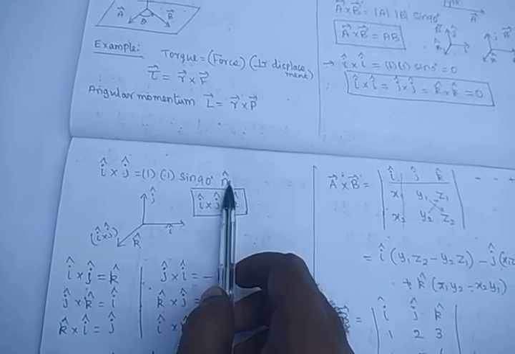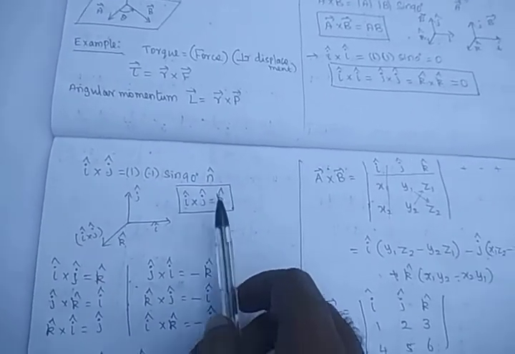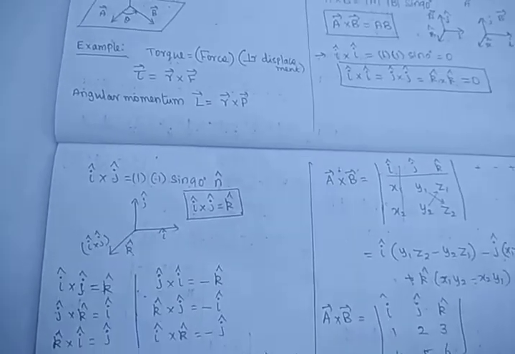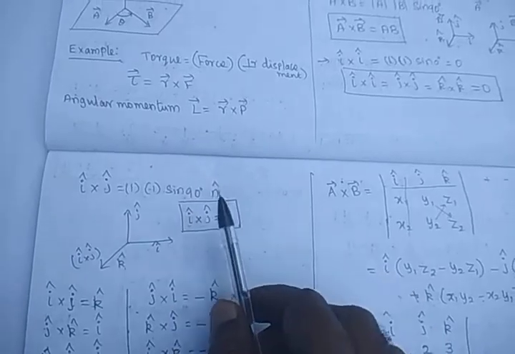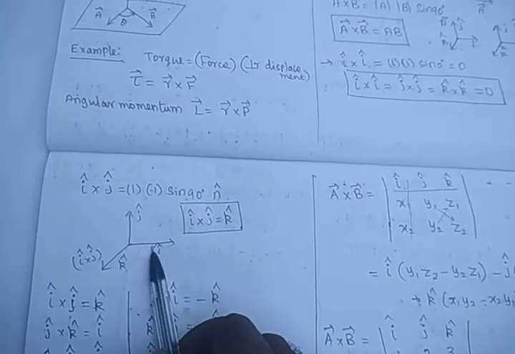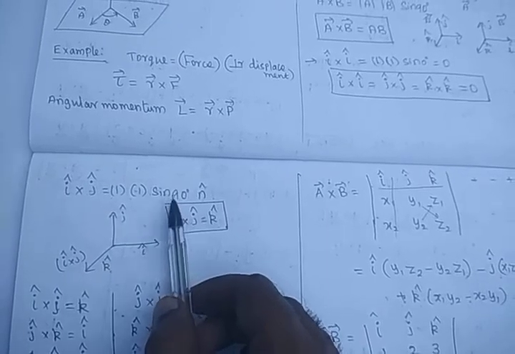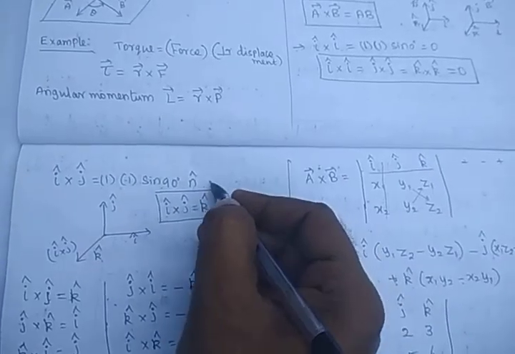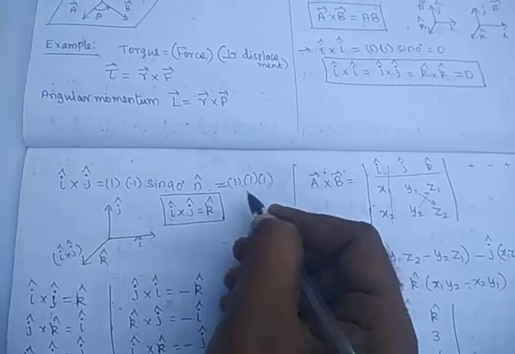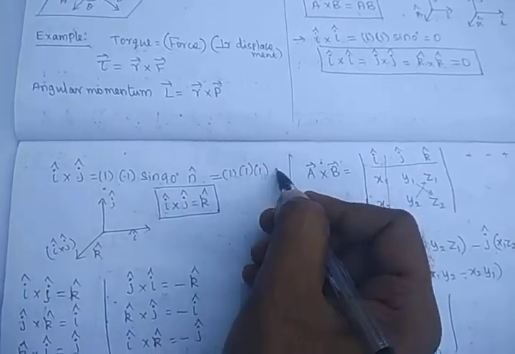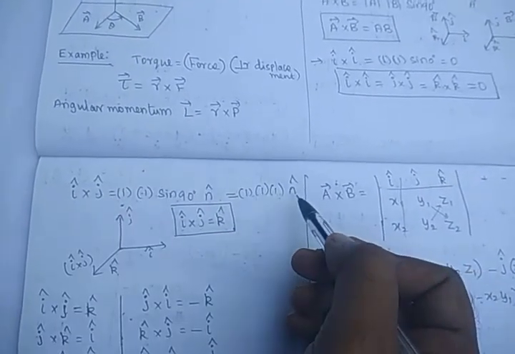That n cap represents the k vector direction. Hence, we will put k cap. So, dear students, again I will say that if you take i cross i, we get 90 degree. That is no problem. You already learned i vector and j vector are perpendicular to each other. We will put theta is equal to 90 degree. Hence, we get an answer 1 into 1 into sin 90 into n cap. So, i vector cross j vector answer is n cap.